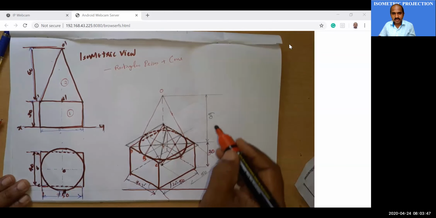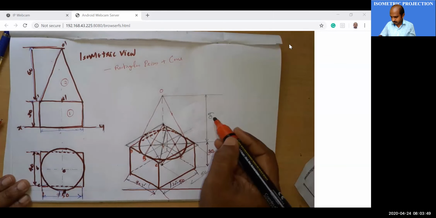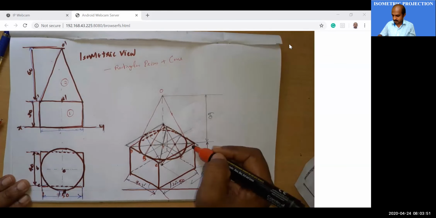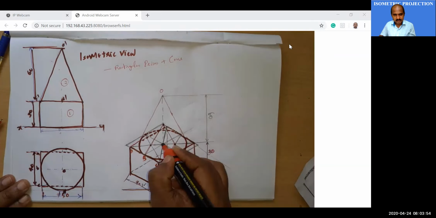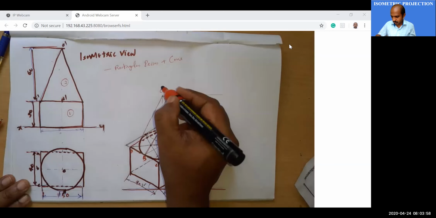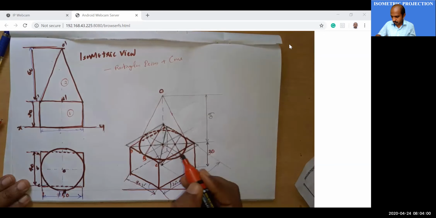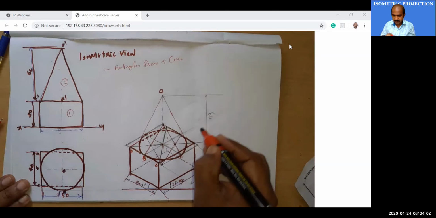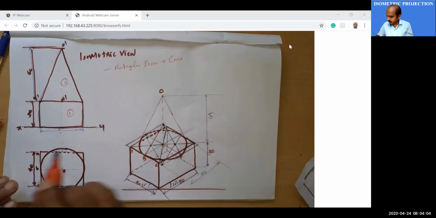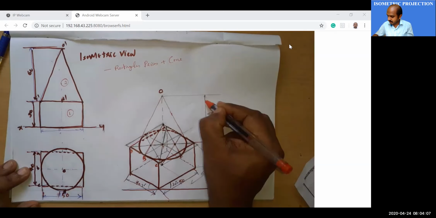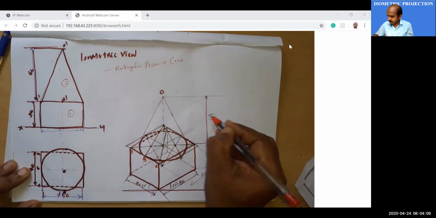Now what is the height of the solid? The height of your solid is 60. So from the center of this combination of solids, you locate O, which is at a height of 60. So the height of the cone is equal to 60.